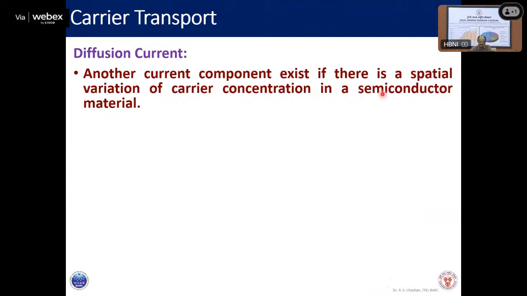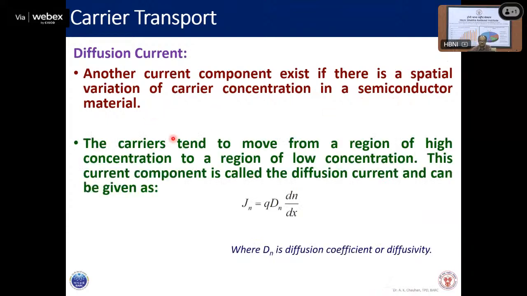If there is a spatial variation of carrier concentration in a semiconductor material, in that case the carriers tend to move from a region of high concentration to a region of low concentration. This current component is called the diffusion current and can be given by this. The diffusion current Jn can be given by q D n dn by dx, where dn by dx is the